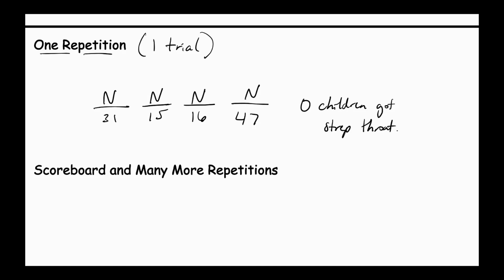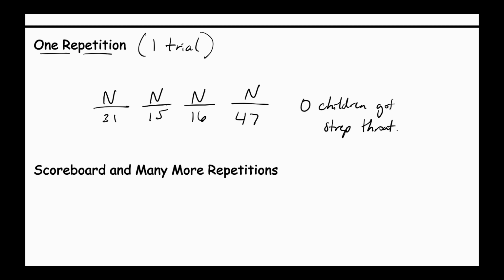Oh, so this is where we left off, right? We did one repetition of the scenario, okay? And then we stopped there. So we're going to do that, except we need to do that 19 more times, okay? Because we need 20 trials. So the first repetition, right, we had,